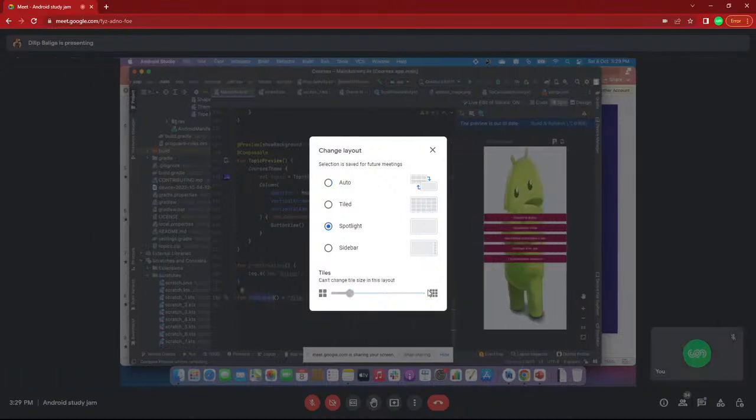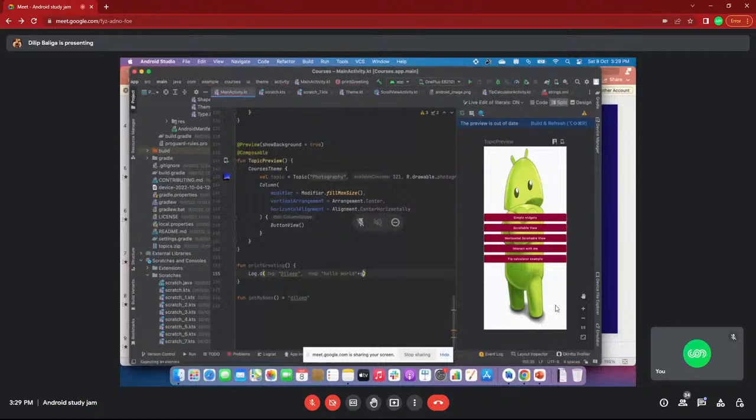Now I am using this function here, printing getMyName. It will internally call this function, get my name Dilip, and print it in the log. Those are the two ways of creating a function without return type and a function with return type.